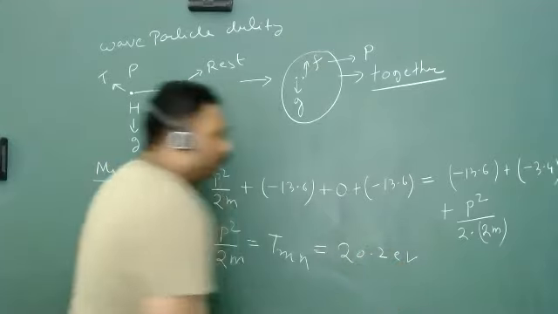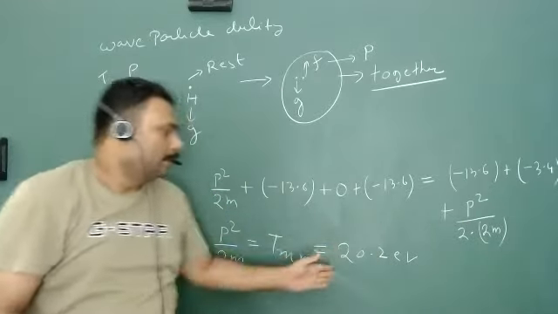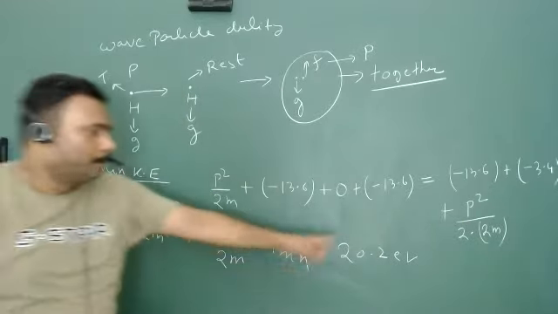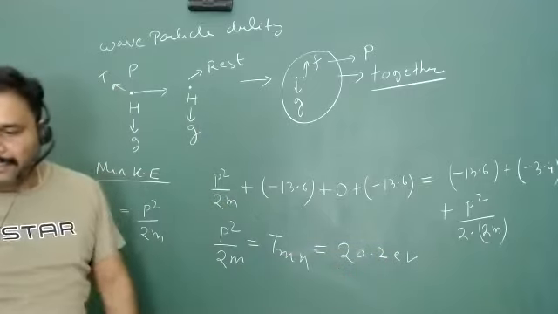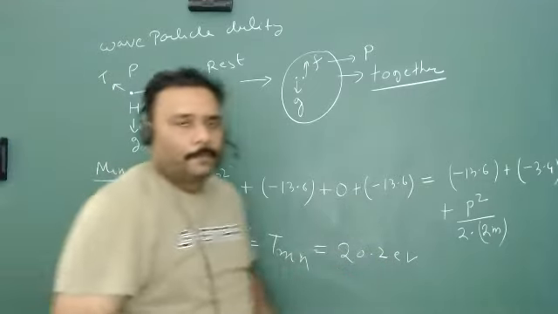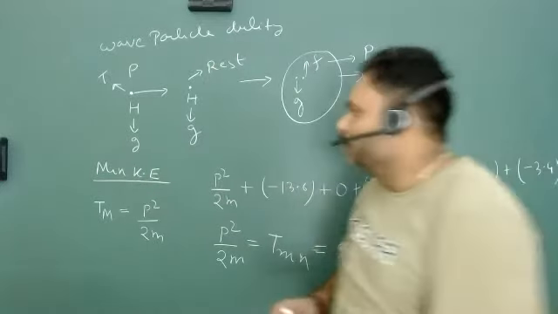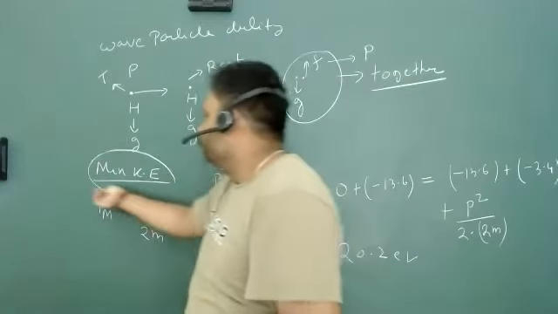The t minimum will be equal to 20.2 electron volt. You can take it to this side, and this obviously has to be positive because kinetic energy cannot be negative. So you can easily solve this type of problem. What is the crux? Everything you can do, but you have to understand the meaning of minimum kinetic energy.